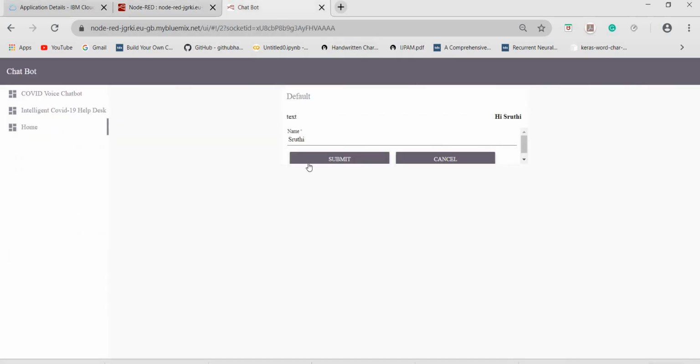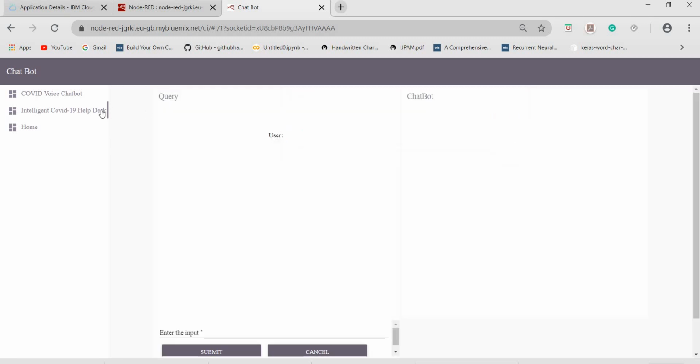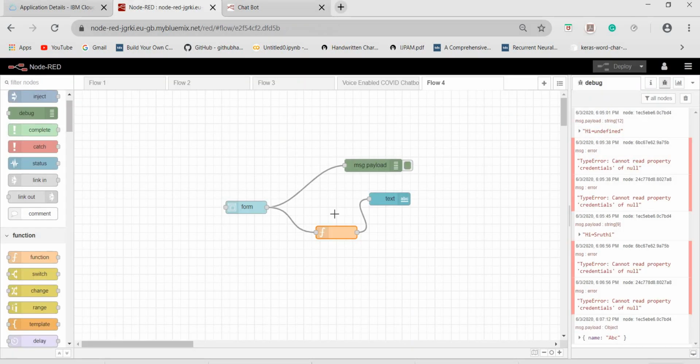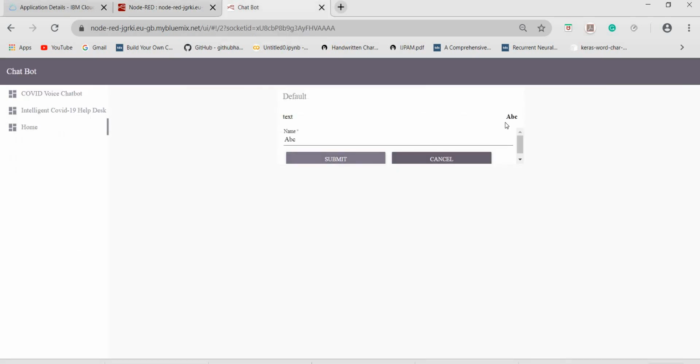Go to our application and then just type a name and then click on submit. You can see that the name has been successfully printed in the debug tab as well as in our application.